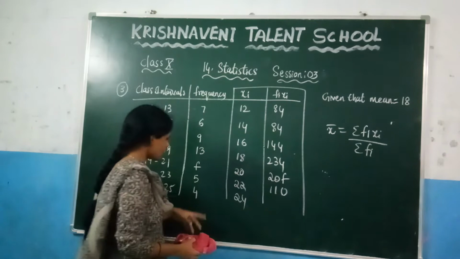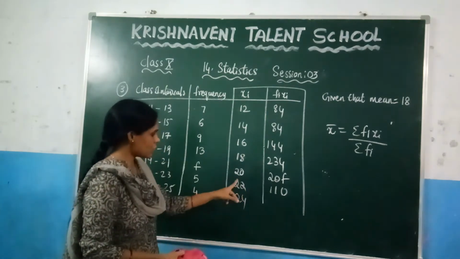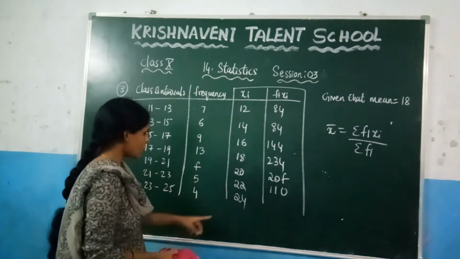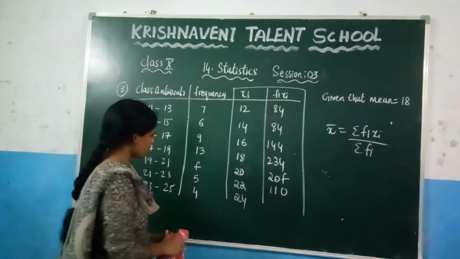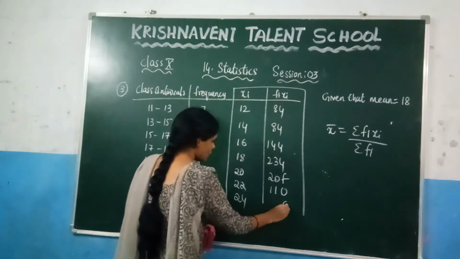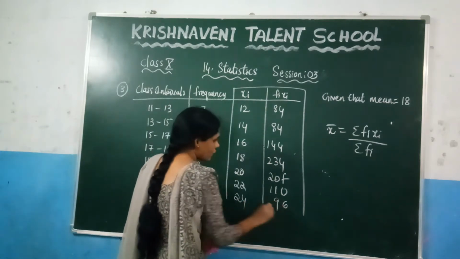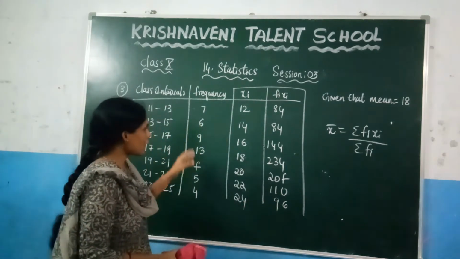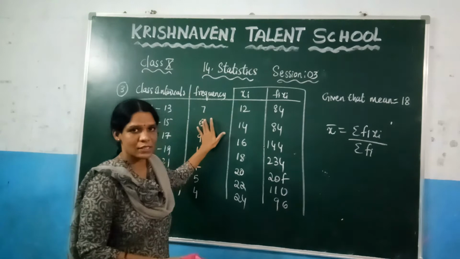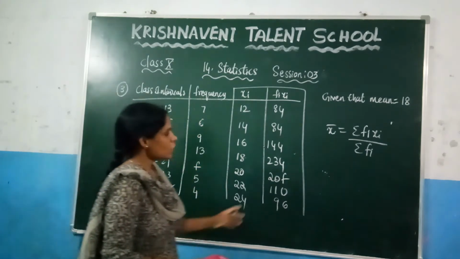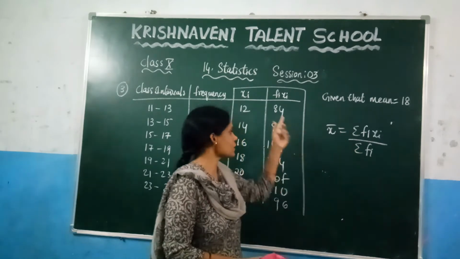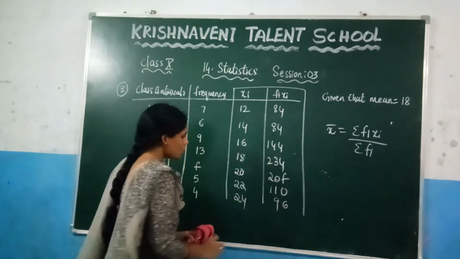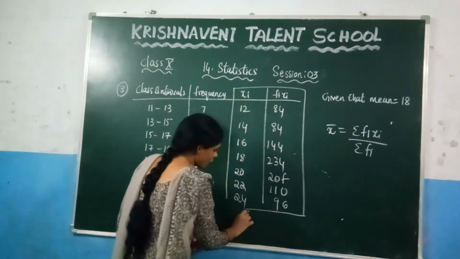Right, you can check it: 2 fives are 10, 0 and carry 1, 5 twos are 10, which is 11. And after that 24 into 4, which gives you 96. Right, 4 fours are 16, 6 and carry 1, 4 twos are 8, 9, 96. Now we have calculated the products fi xi. Now what is our next step? You need to find sigma fi xi. Sigma is nothing but the sum of all these values.